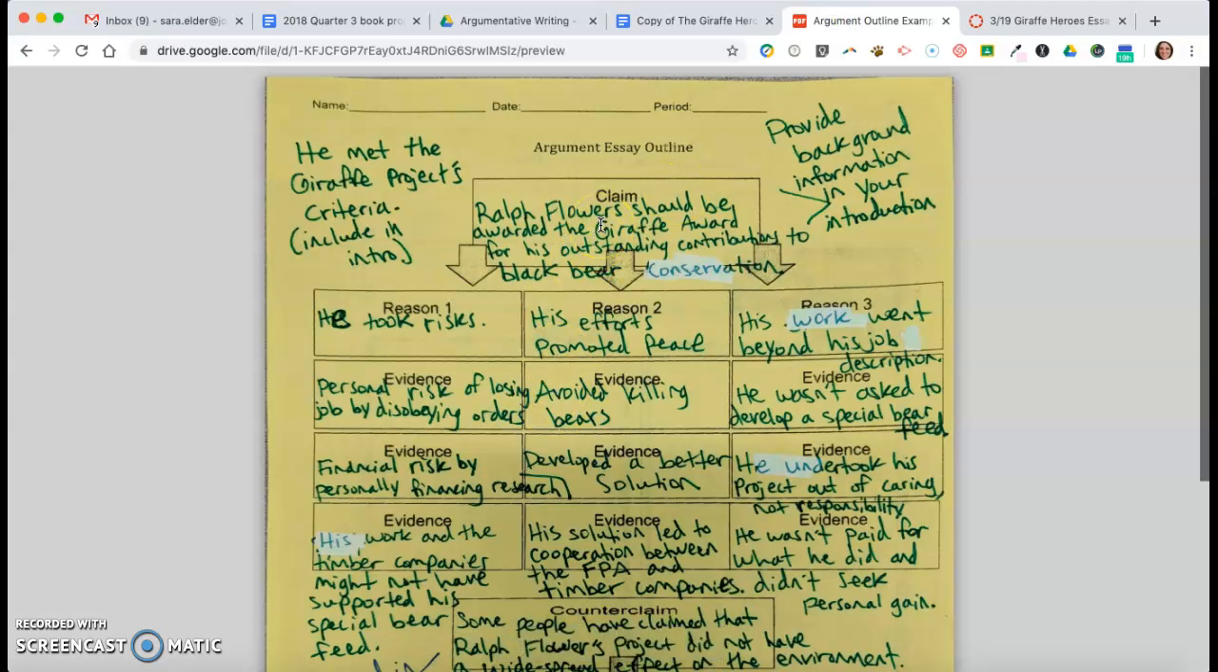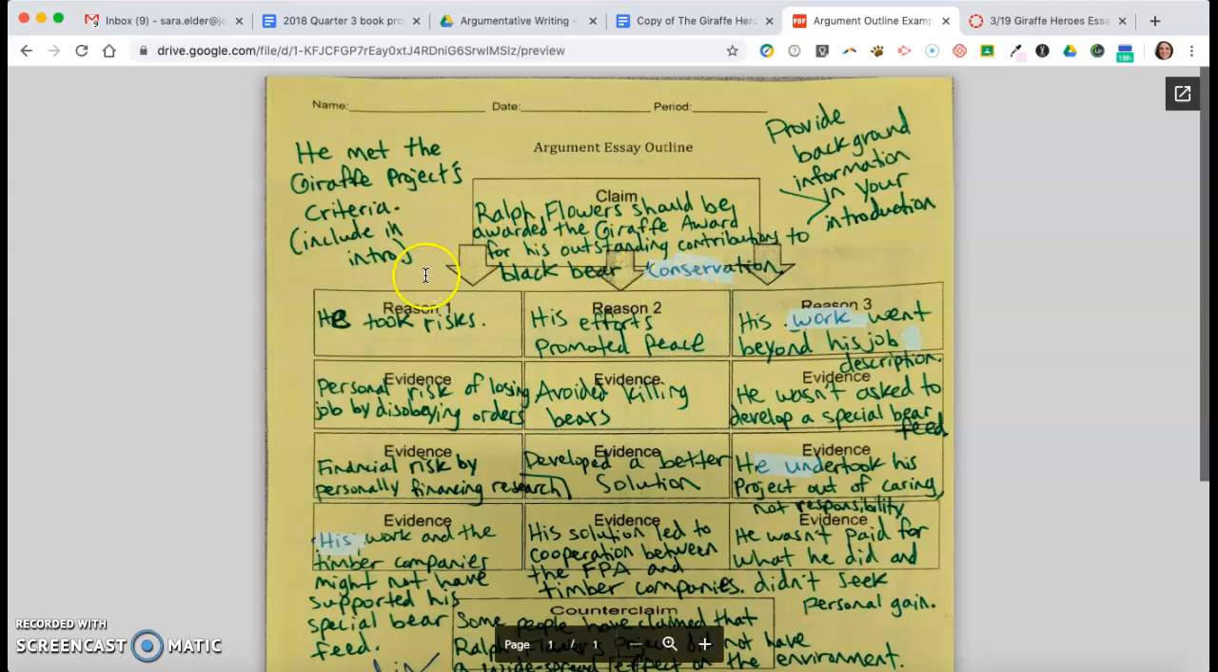So this is an example outline I wrote using Ralph Flowers, who is the same example in your packet. So my claim is Ralph Flowers should be awarded the Giraffe Award for his outstanding contributions to black bear conservation. So I have who I want to win the award, and then I have my why. And then the why is further outlined in your reasons. So each of my 3 reasons is a criteria he met. So he took risks, and then for my evidence, I go into detail about both the personal and financial risks he took. And then he promoted peace, and I go into detail in the evidence for that. And then he went beyond the requirements of his job, and then I give specific details about that in my